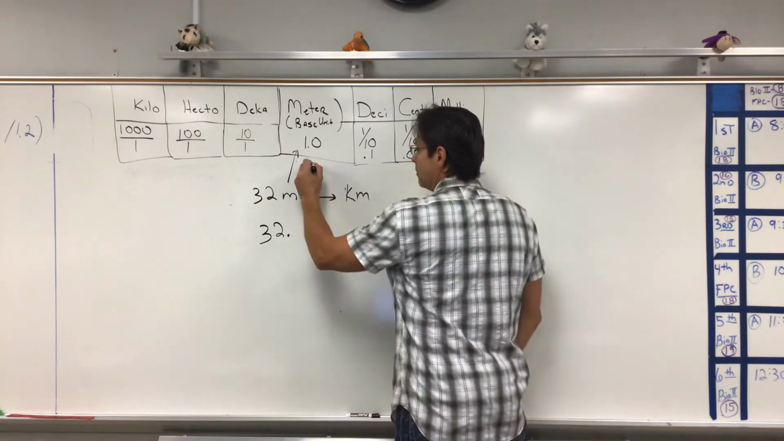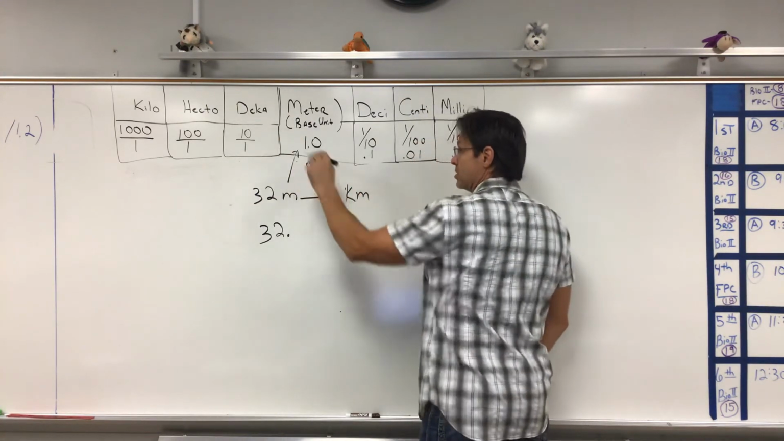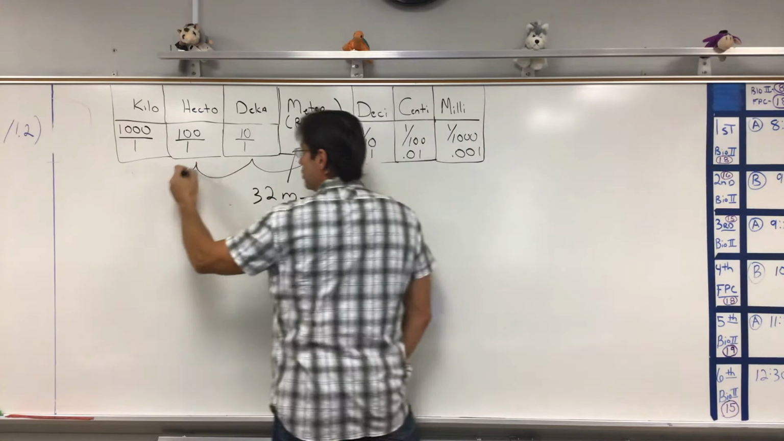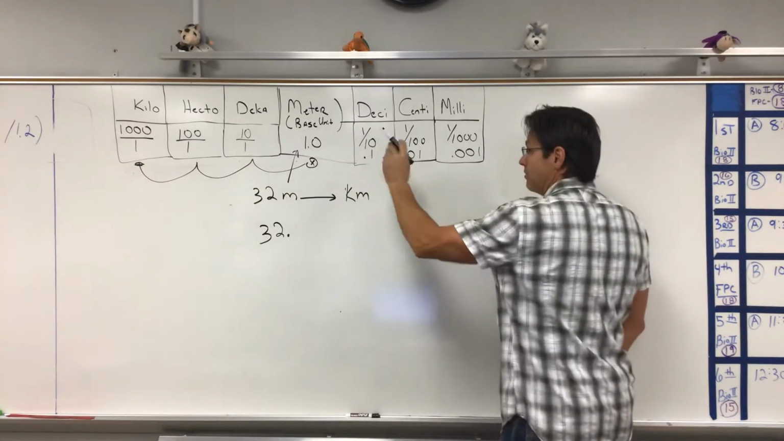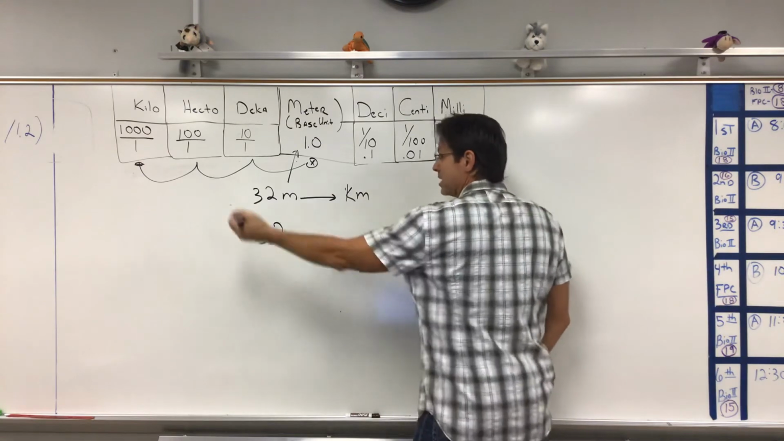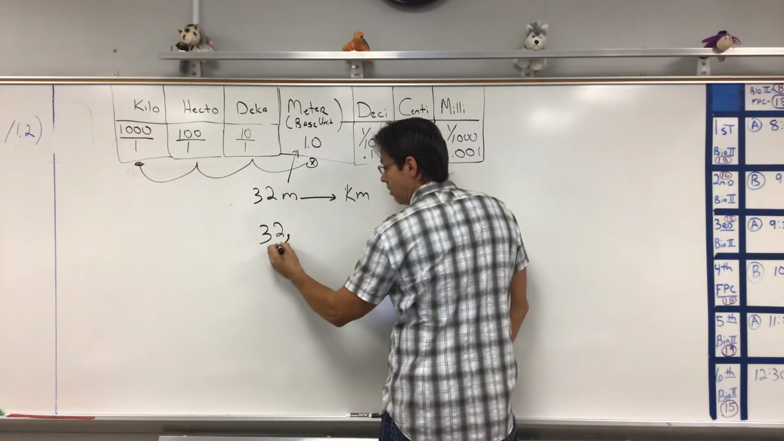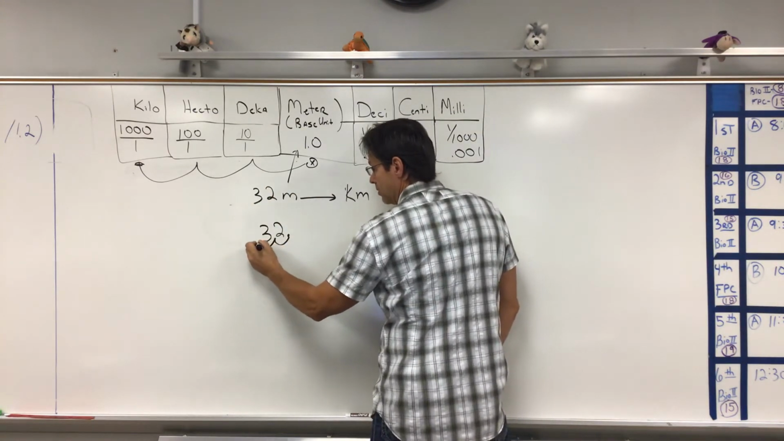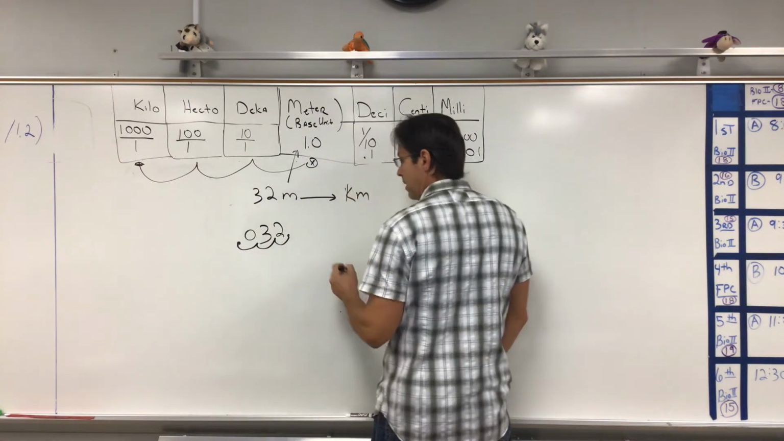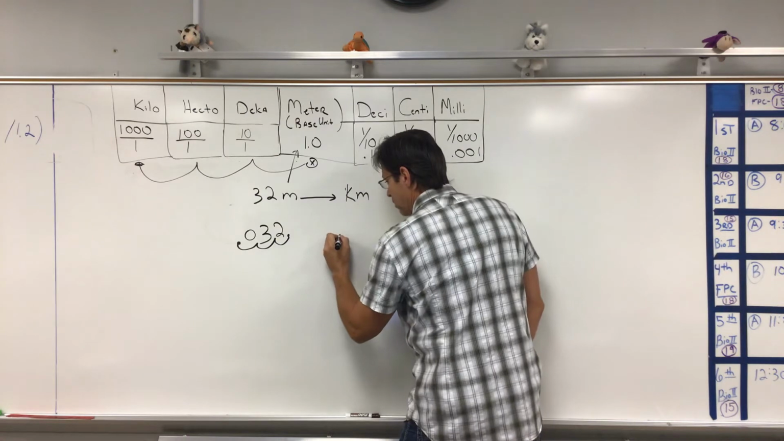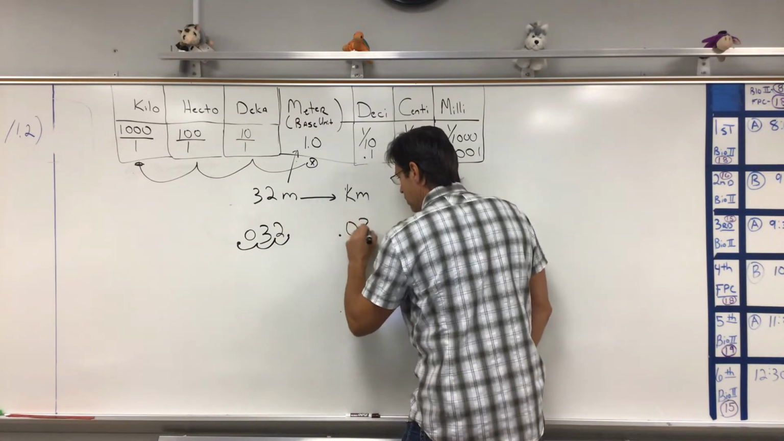So now I'm here. And you go to kilometers, it's over there, so I'm going to go 1, 2, 3. So I'm going to be moving it 3 places. Now, I went from right to left, so same thing here. I'm going to move my decimal point from right to left, 3 places. 1, 2, 3. Decimal point, put in the 0. So the answer is 0.032